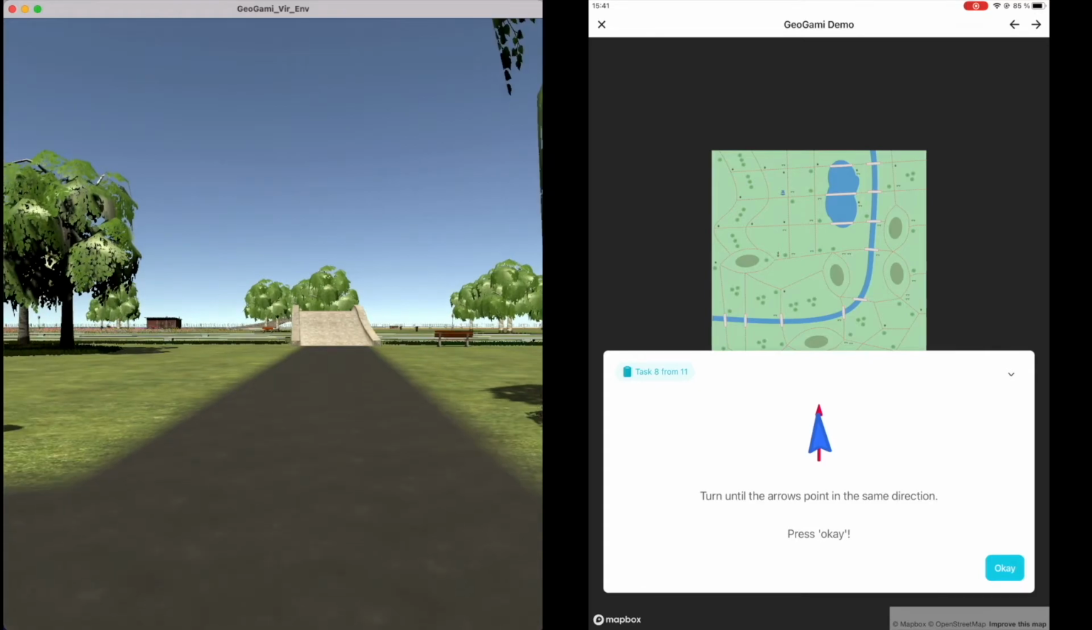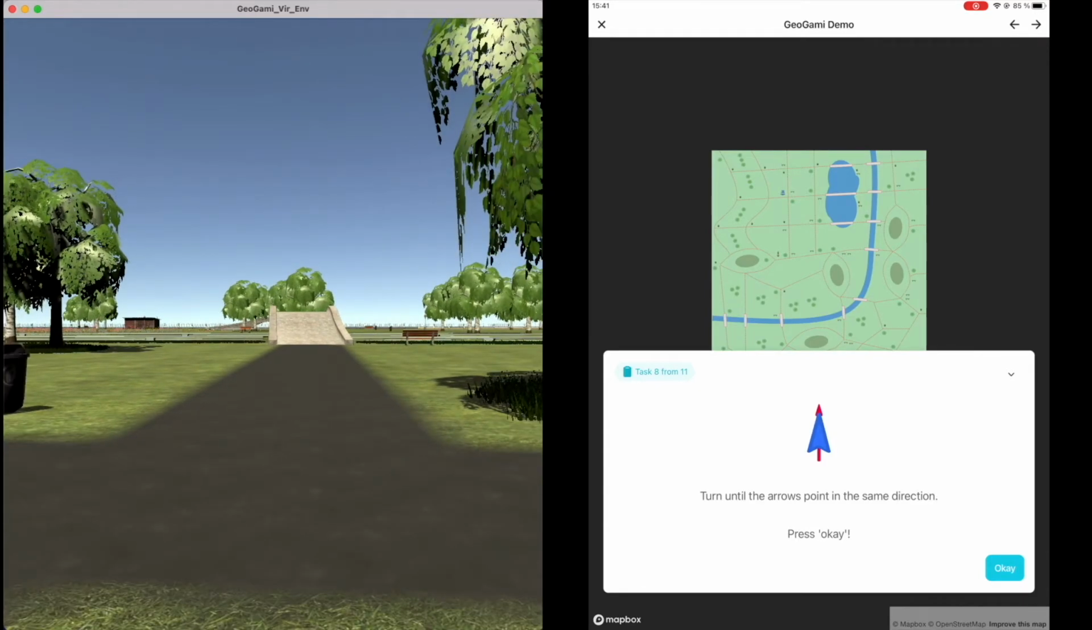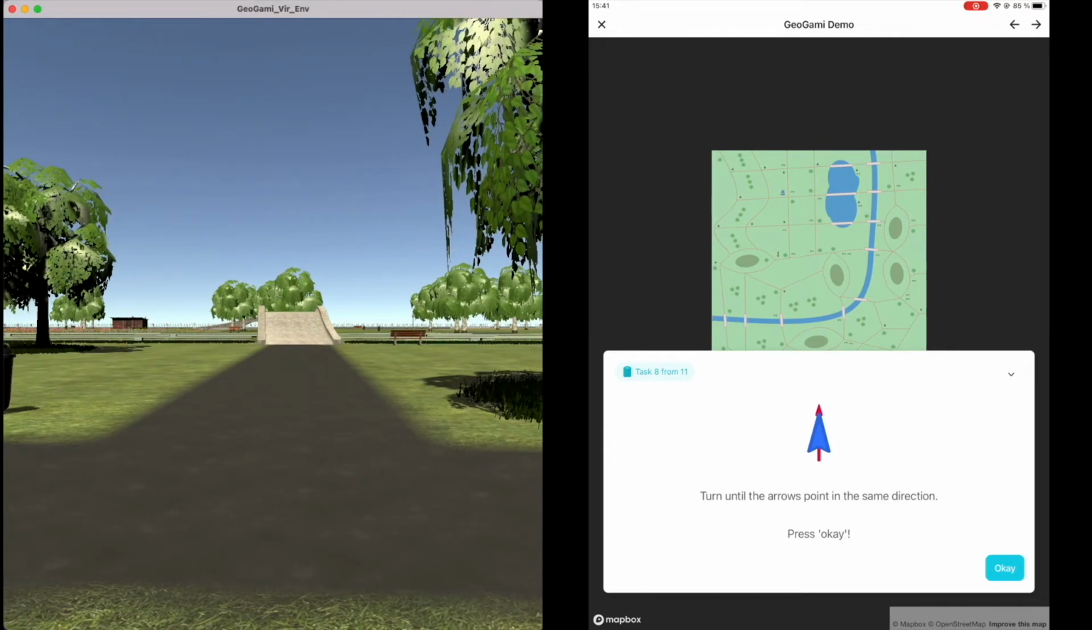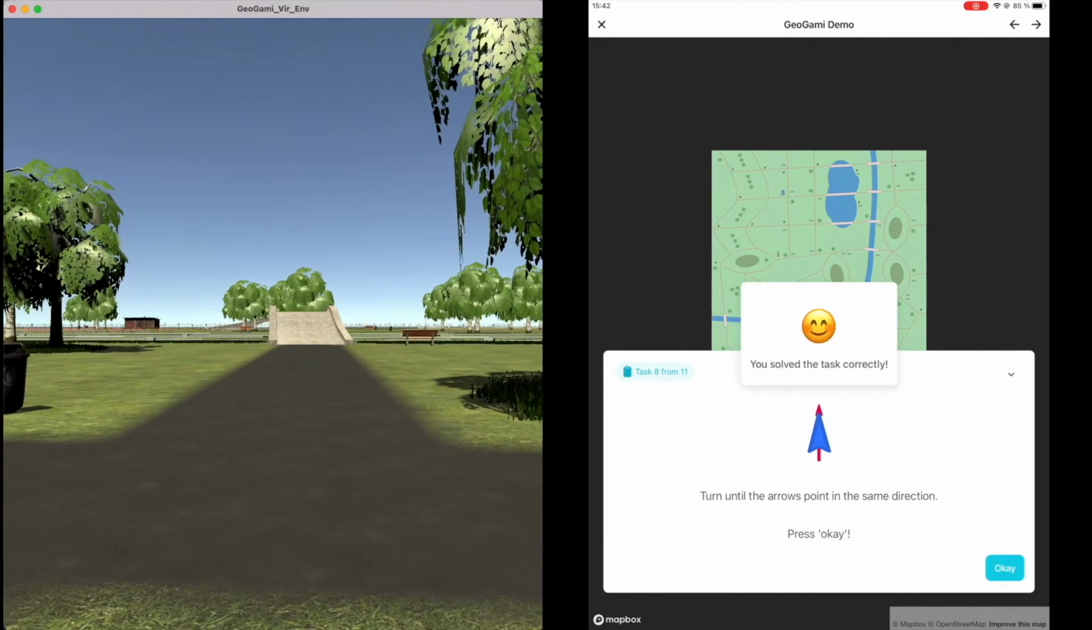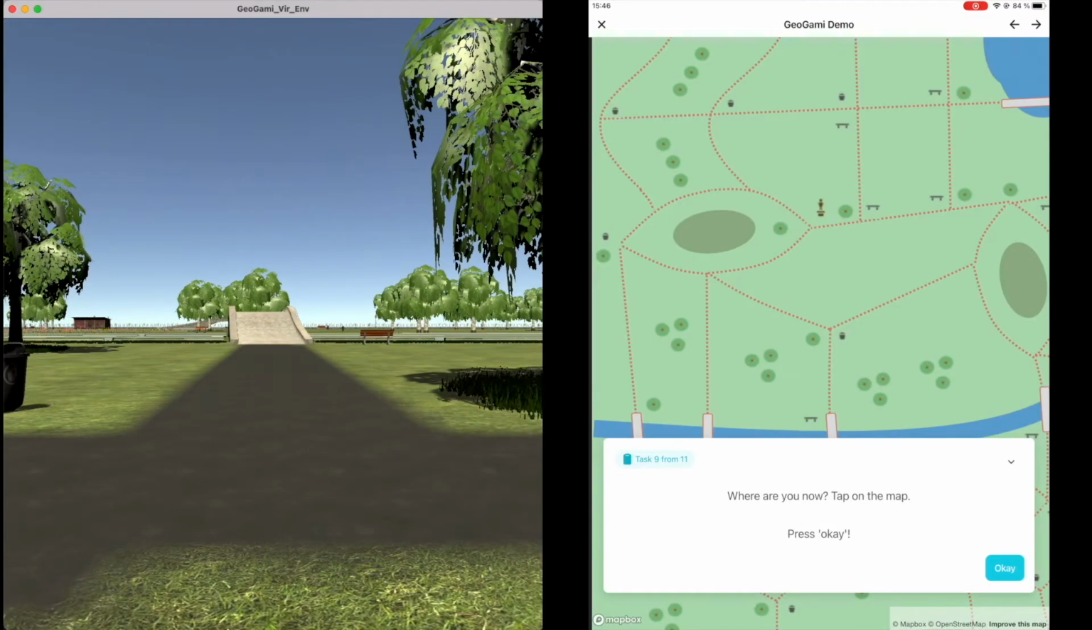And the idea of creating this question is to make the tree to the right and the trash can to the left, as you can see here. So this should be the correct answer. Pressing OK, you solve the task correctly. Perfect. Moving to the next task, which is a self-location task where a player is asked to tap on the